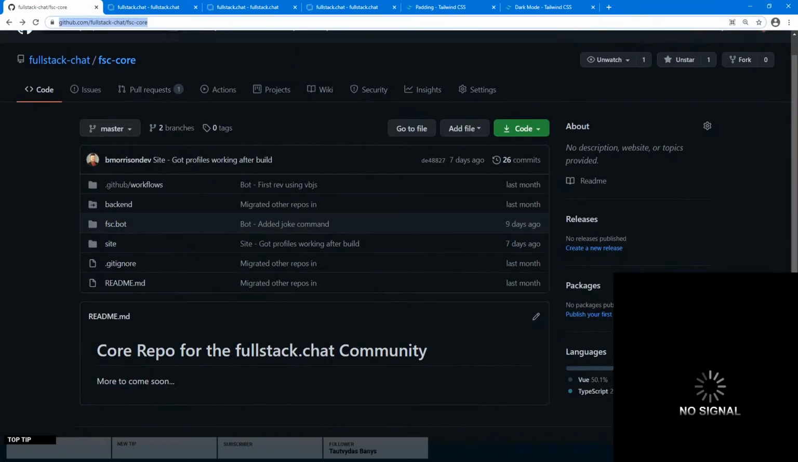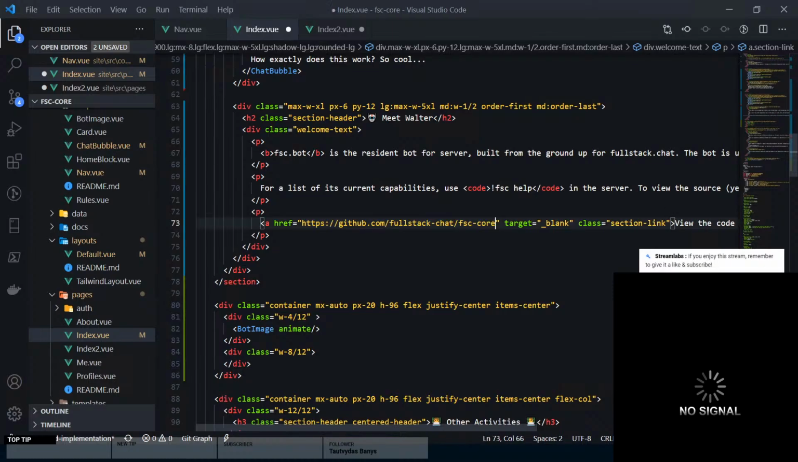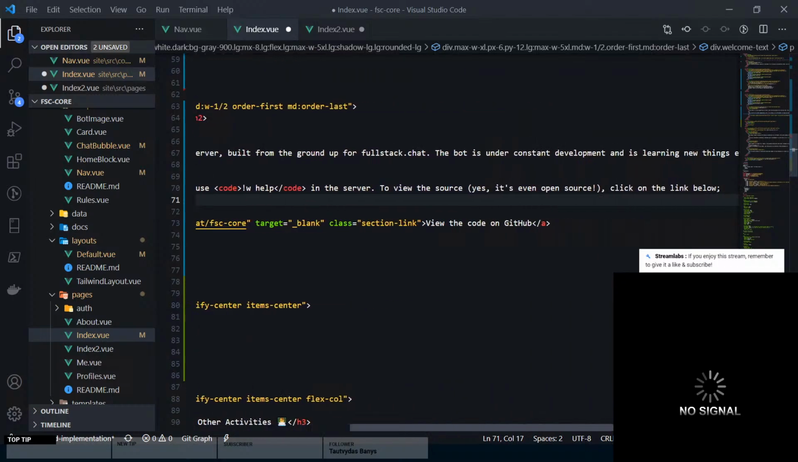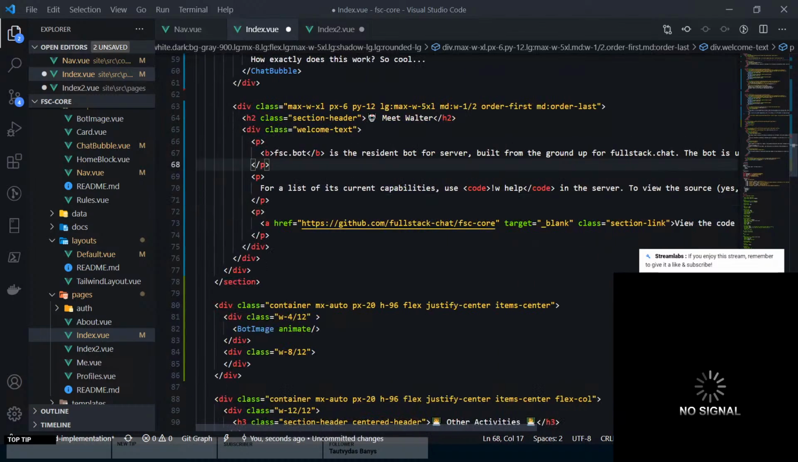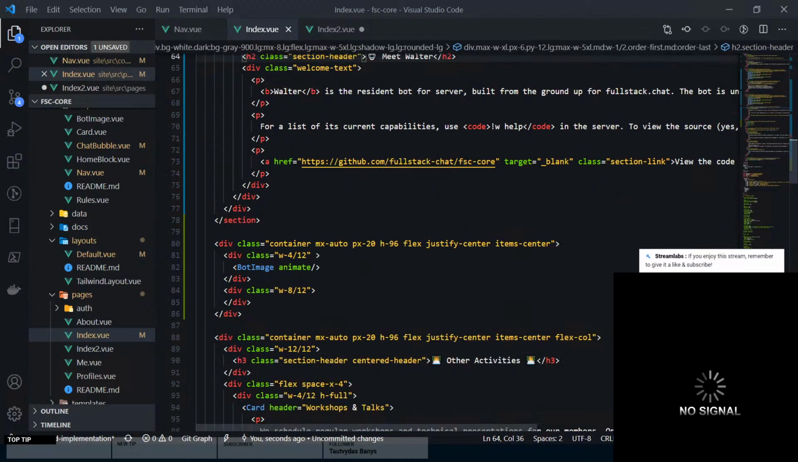Let's go to fsc.bot. Actually, I'm just going to put the main core repository in here because it's not in a separate repo now. So there we go, we fixed that. That's no longer FSC help. It's W help, of which I don't even know works, to be honest. Walter, and I'm